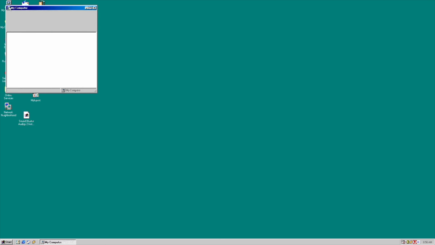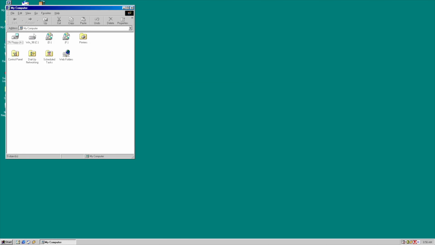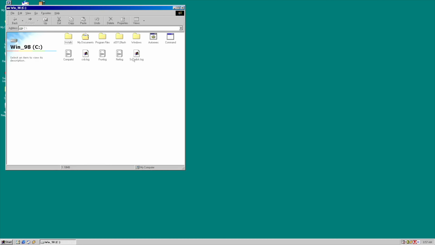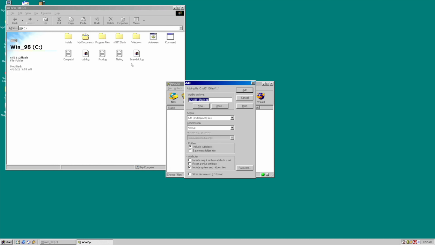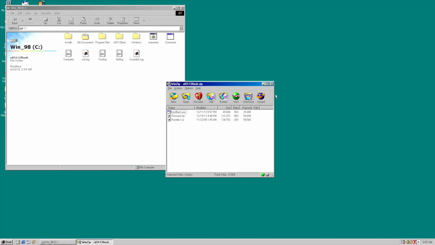We're going to go to My Computer, and now we're going to go to the C drive. Let me just make the window a little bit bigger. Alright, and I think what I'm going to do is right click on this folder here, and you notice when we go to send to, it won't have a zip option, but we do have that right there. So we click here to add the folder. We're going to go, you know what, the maximum, so slowest. Because we do have a fast computer, you can put a password on it, but we don't want to,